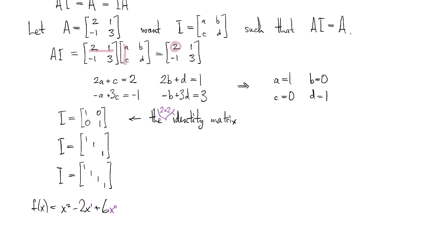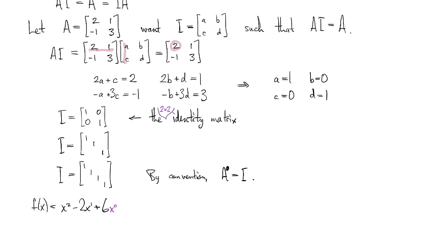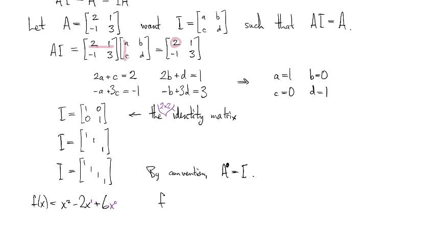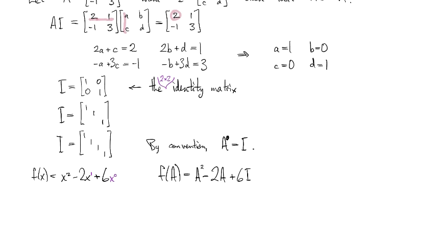And by convention, A to the 0th power is the identity. Then that means that f of A is going to be A squared minus 2A plus 6 times the identity. And so now that we have that, we can totally go to town, and we can define all sorts of functions of matrices,